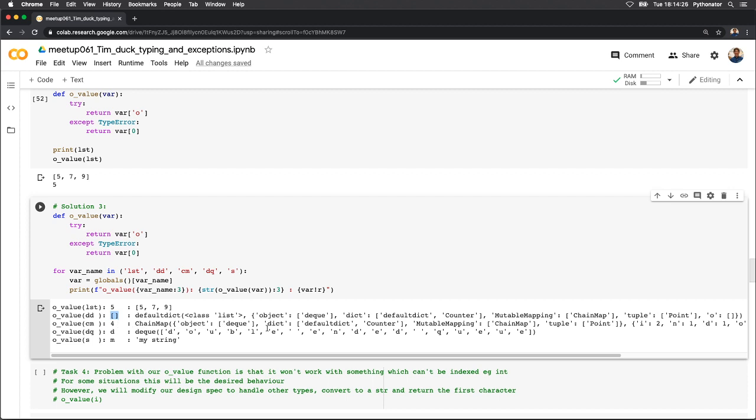The chain map, it checked the first dictionary, couldn't find it in that, so it checked the second one and it got the value of O out of that and returned the value 4. It looked at the deck, so the deck doesn't have named keys, so it would have thrown an exception here, a type error, so it would have used this 0 index, and in that case